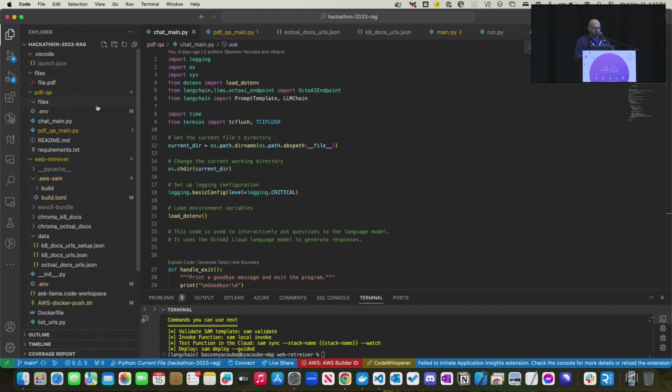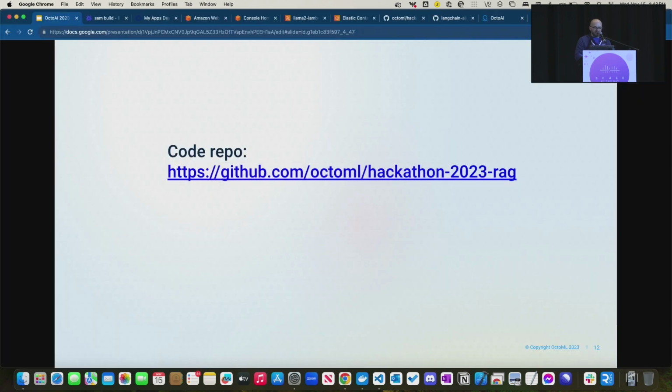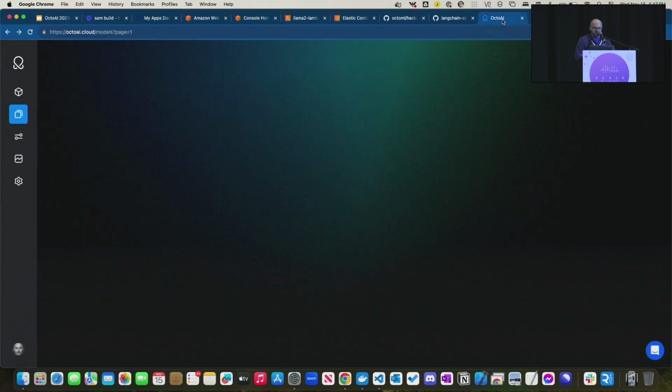So the first one, I just wanted to check if my endpoint is working and my OAuth token. When you clone this repo, you're going to see an env file. In this env file, you're going to put your endpoint URL and your Octo AI token. And the way you get those is